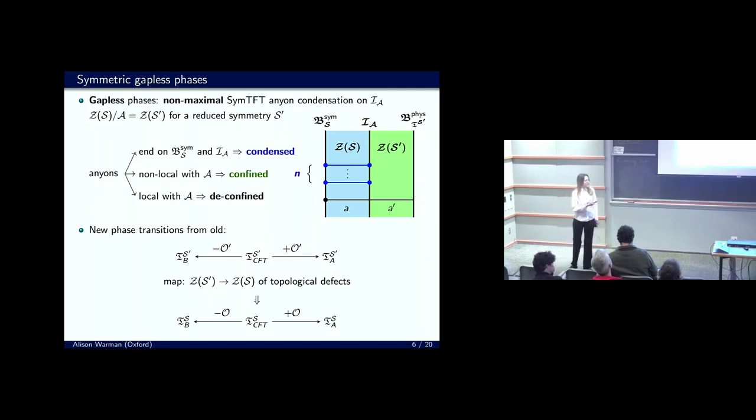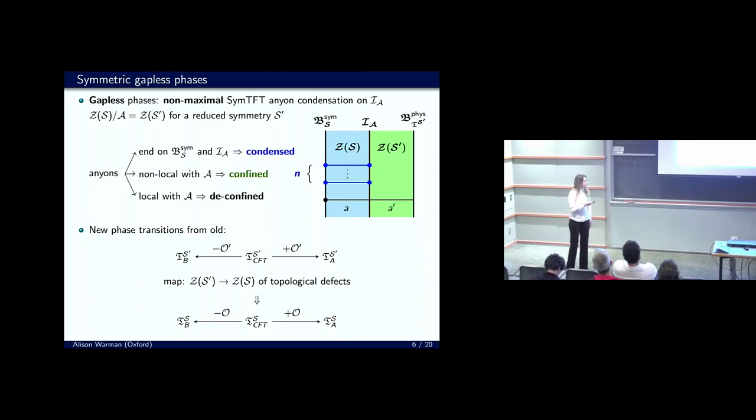So what's important is that this reduced topological order and the whole map of generalized charges can be computed from the SymTFT, and is very useful because if we consider a CFT for S prime symmetry between two S prime gapped phases, for example, the Ising CFT between the Z2 trivial and Z2 SSB phase, we can then use this map of topological operators to obtain an S-symmetric CFT from it.